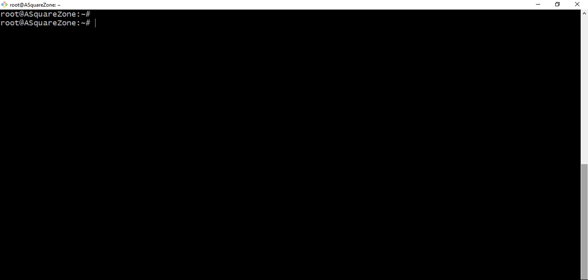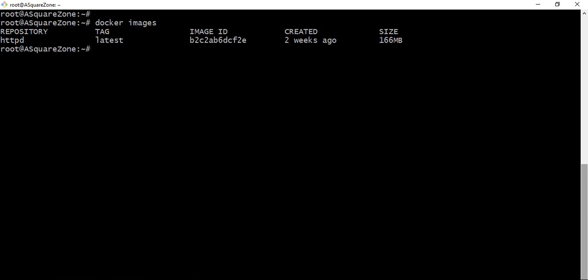Now the second command, here we will see what images exist on this server using the docker images command. It gives a list of images here. We have only one image, httpd, and the tag represents the version. I have not mentioned any version when we pull the image, that's why it is showing latest, and the image ID is also there, and it's coming from the global repository, which is the Docker Hub repository.